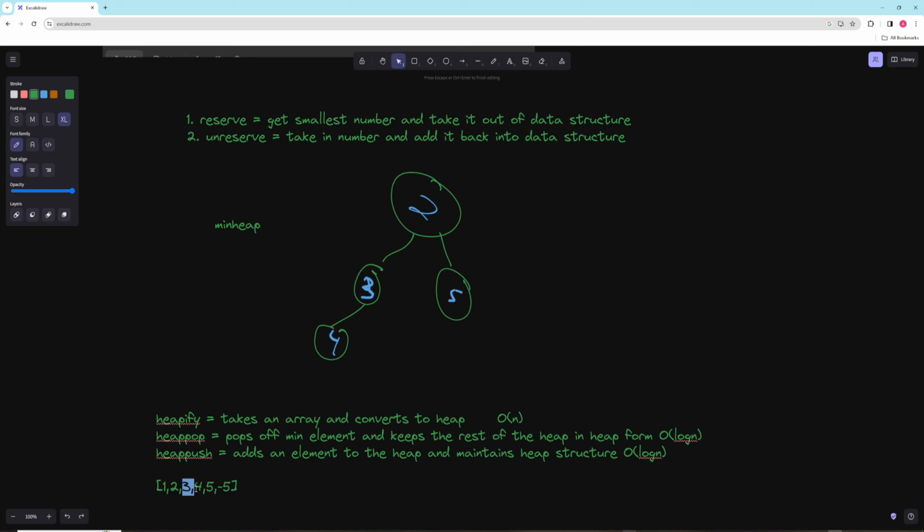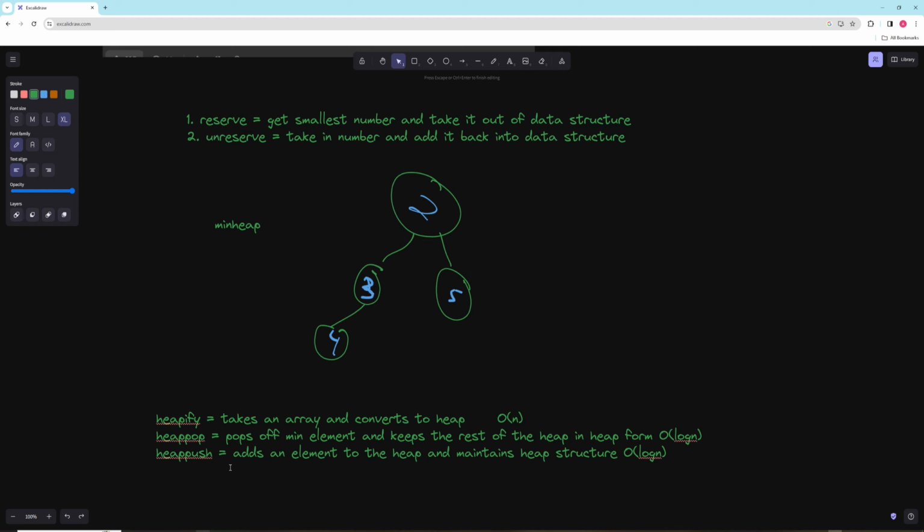Or you might have to get rid of something from the middle of the array. There are all these expensive operations. So basically, if you were to just sort it every time, it would be n log n every time, times n operations. But for a heap, we now get it down to log n times n operations. So every time we do a heap push, essentially every operation only costs us log n,